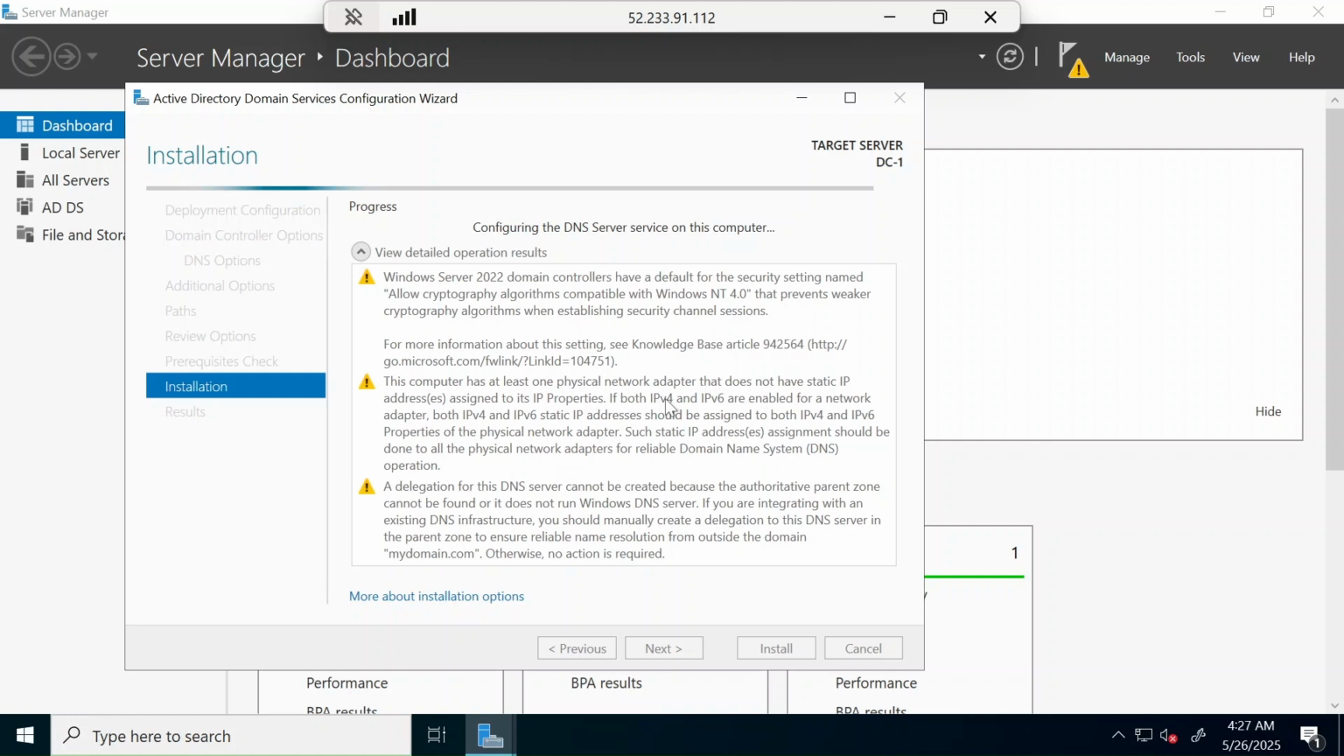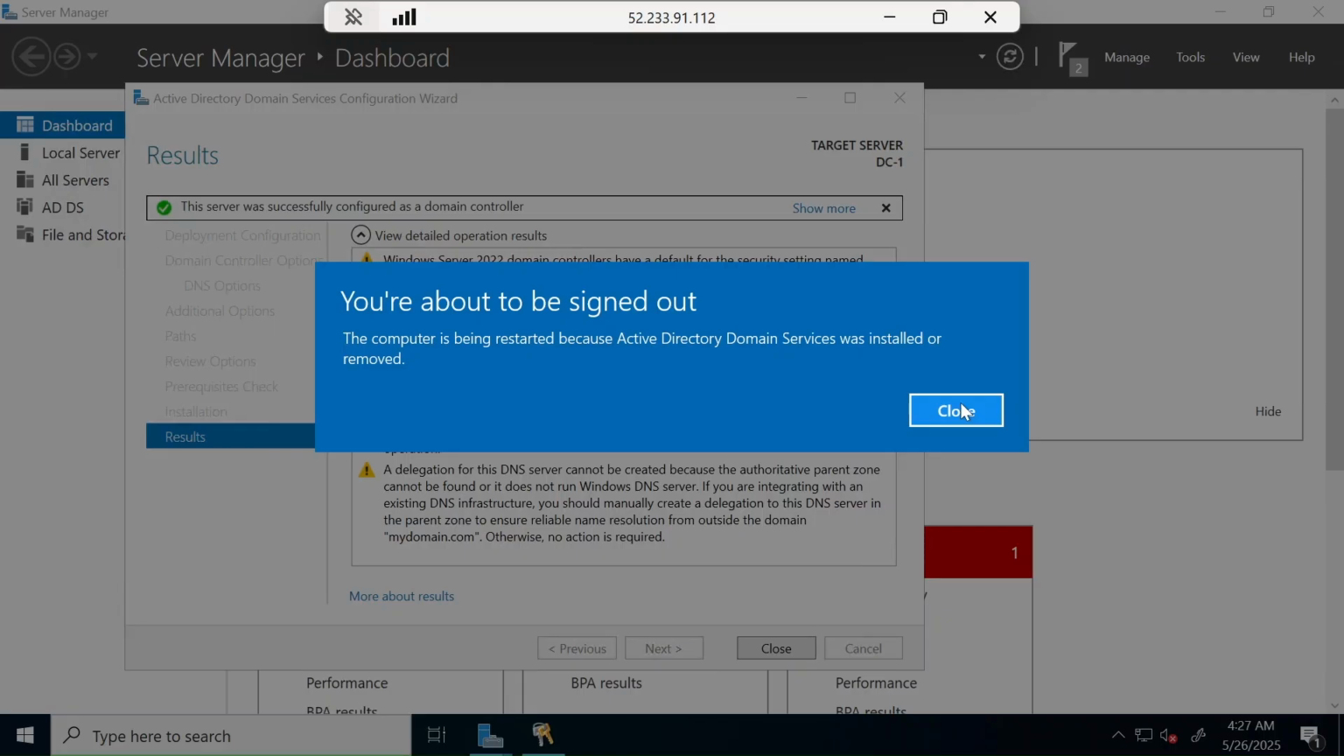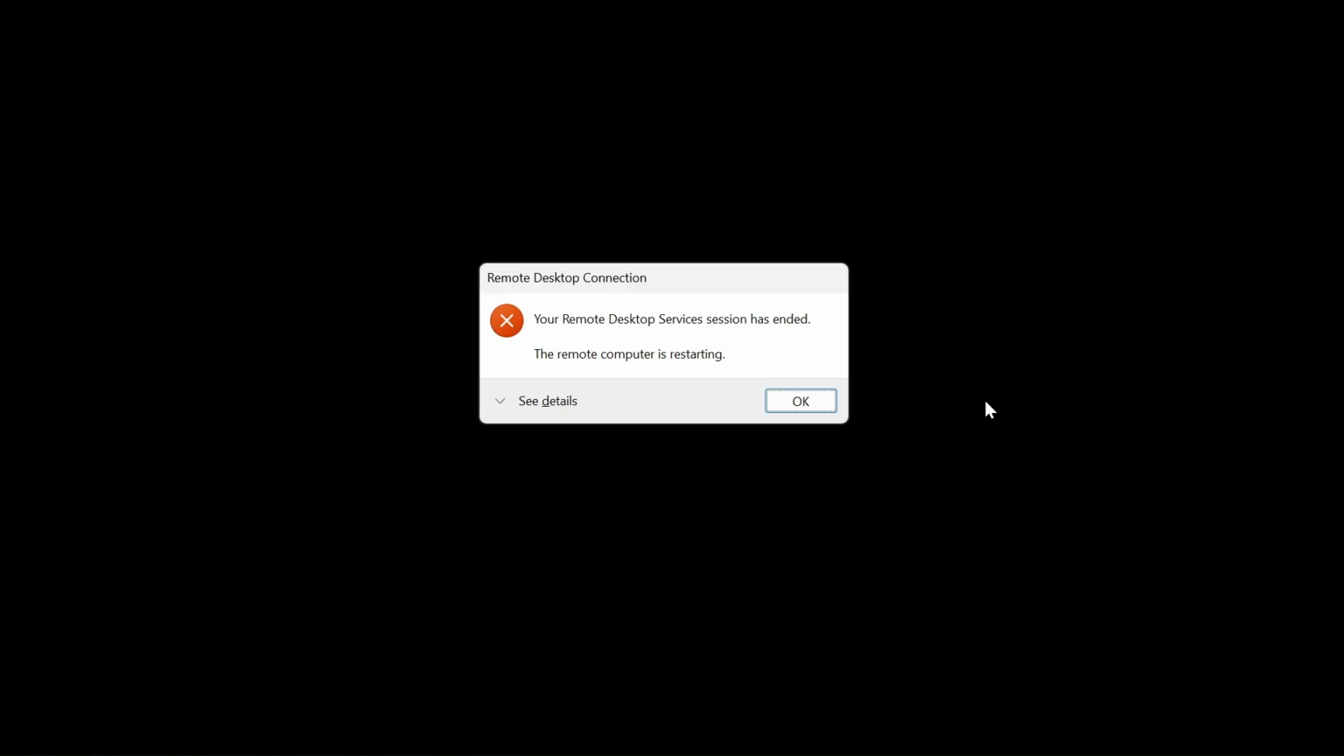Finally, okay, so the installation was successful, and now what's going to happen is that you're going to immediately get this message here, and that our virtual machine is going to restart. So let it do that, and our session has expired. But the cool part is